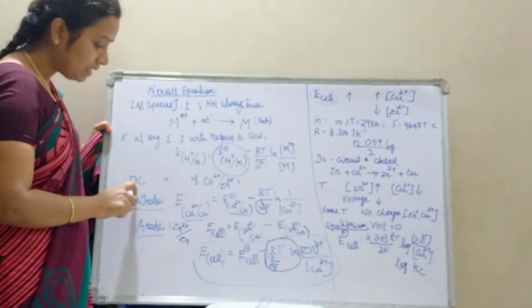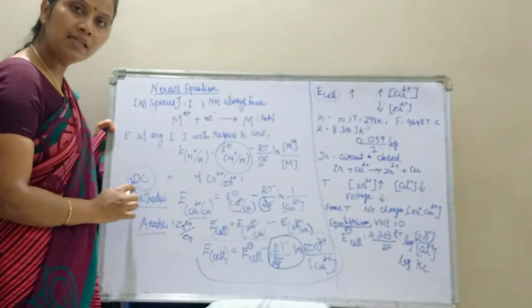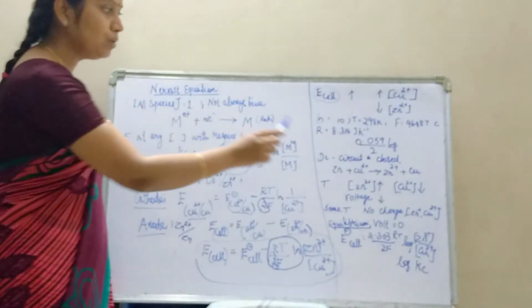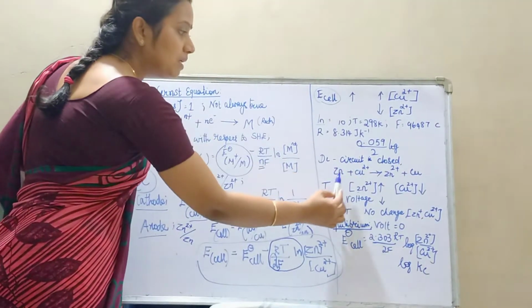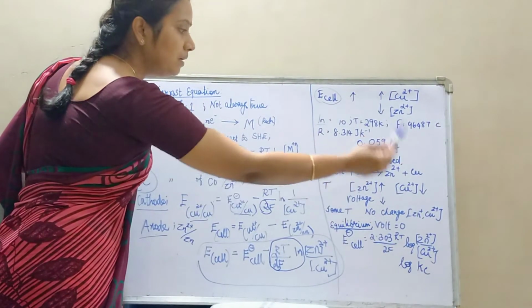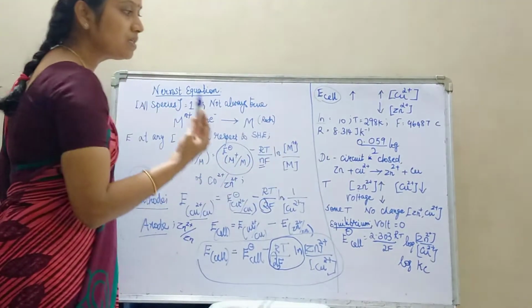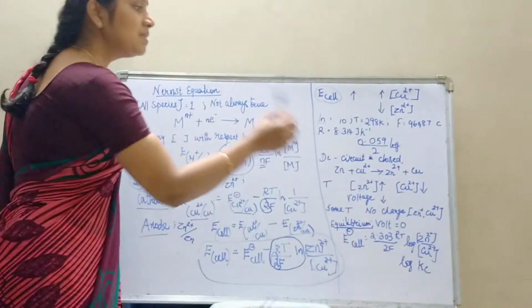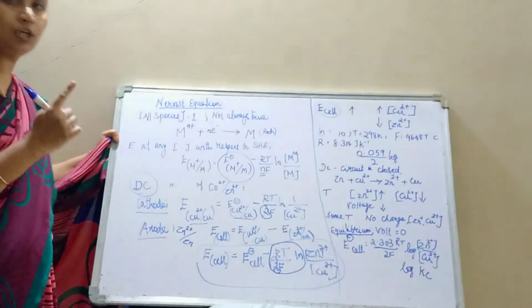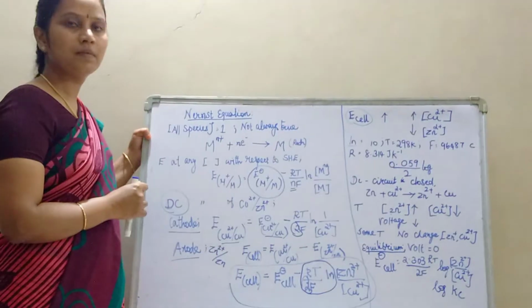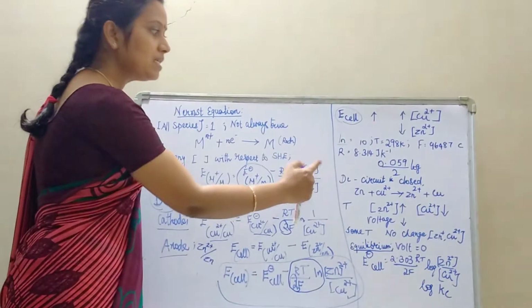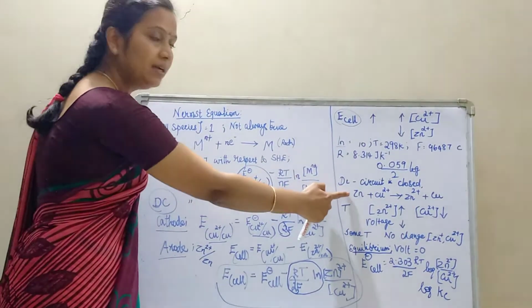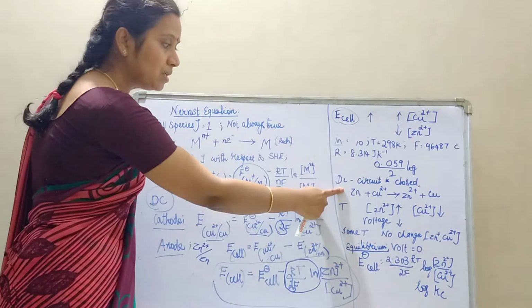Since I am using a Daniell cell, in the Daniell cell I have closed the circuit, so in the reaction zinc becomes oxidized and copper is reduced. So it is nothing but a vice versa reaction. So what happens in the Daniell cell when the circuit is closed? I have given the oxidation and reduction here. This is nothing but a coupled redox reaction.